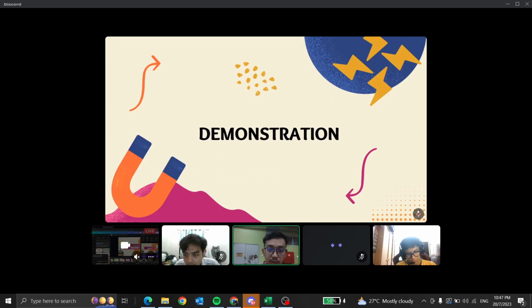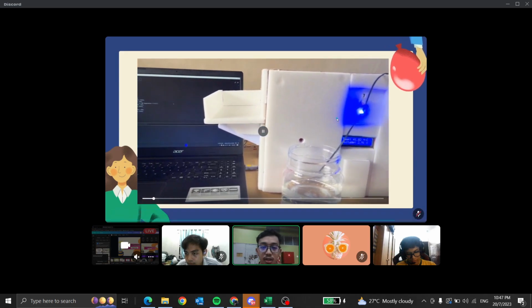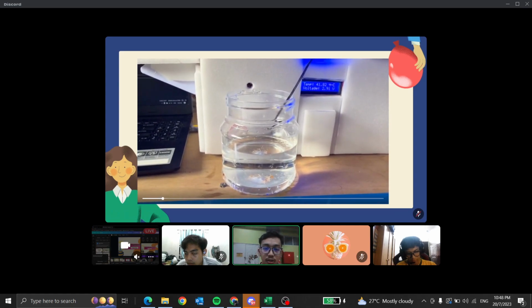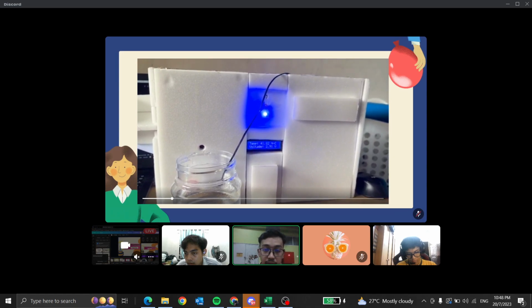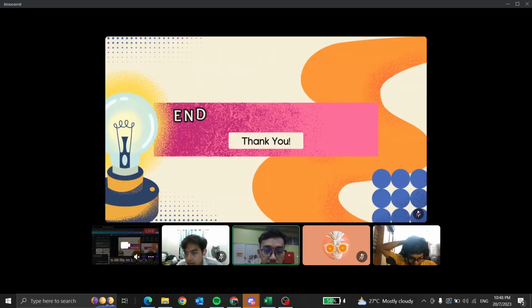Moving into our demonstration of the instrumentation design. This is basically our process of detecting the water during the cold environment. As you can see, the blue LED is on, and when the temperature is on,